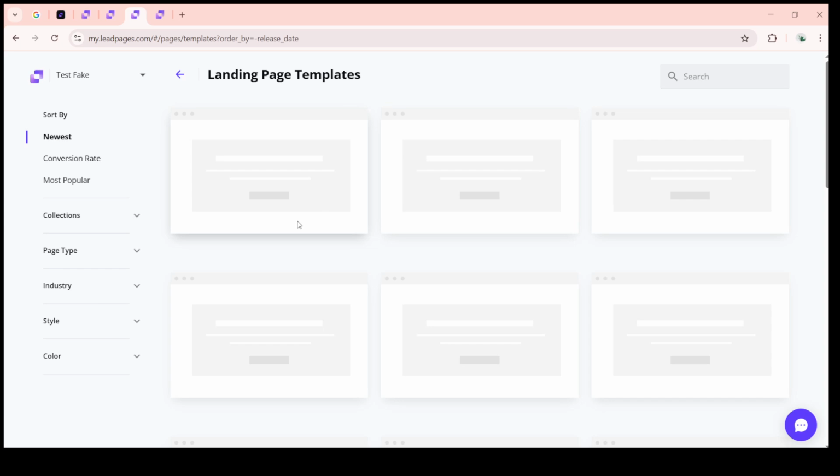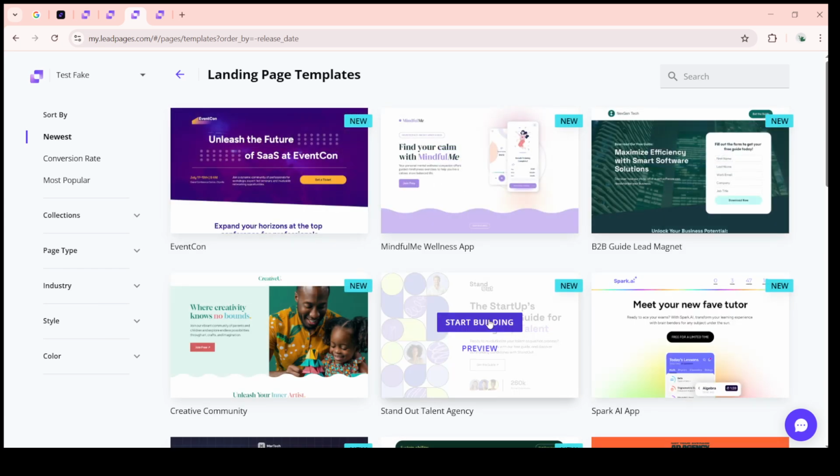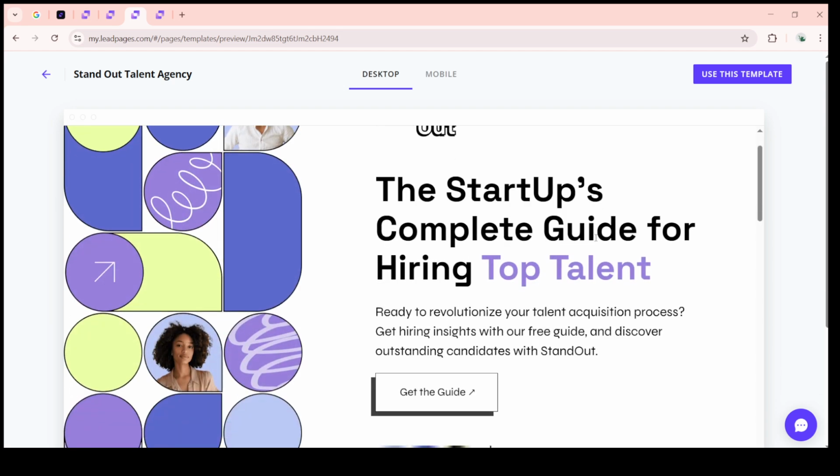Here, you have a gallery full of templates to explore. It's very intuitive. You can use the built-in filters. Whether you're looking for a template by page type, industry, or style, the filters are there to help you narrow down your options. Spend a little time browsing through and get a sense of what type of landing page will